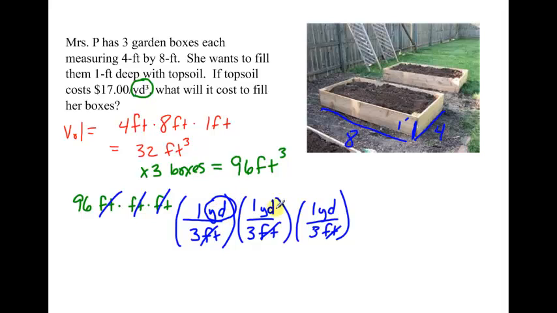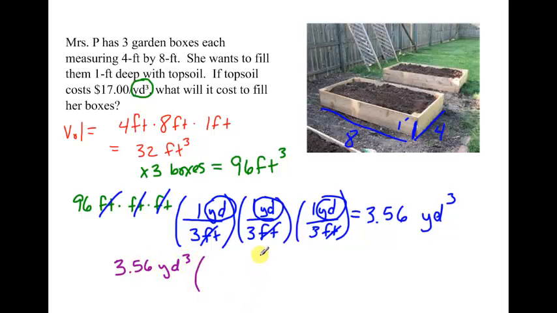Again, I want you to make sure you've got the right units. Circle those units, 1 yard, yard, and yard. That's cubic yards. And now we're going to divide 96 by 3, divide by 3, divide by one more 3 for about 3.56 yards rounded. So it's 3.56 cubic yards, and each one is costing me